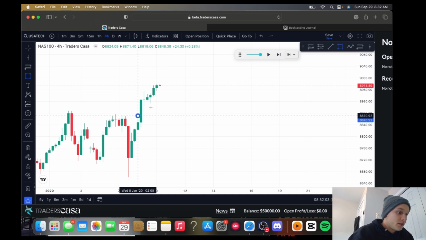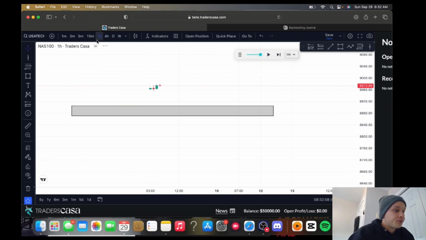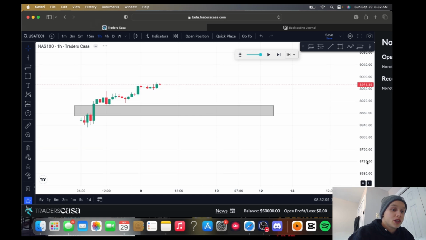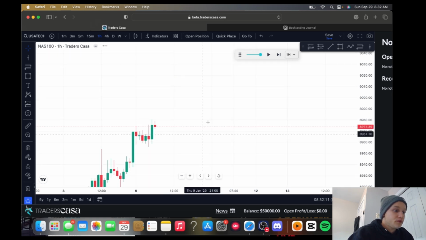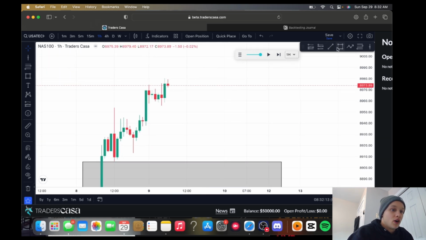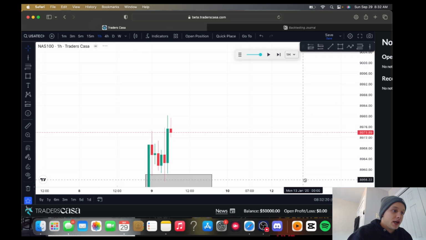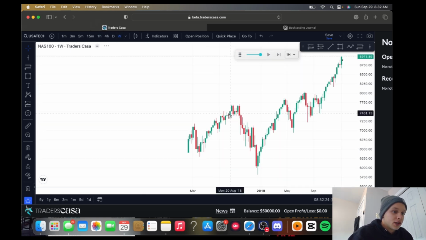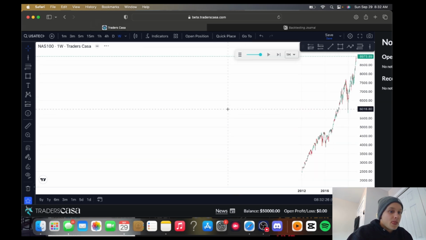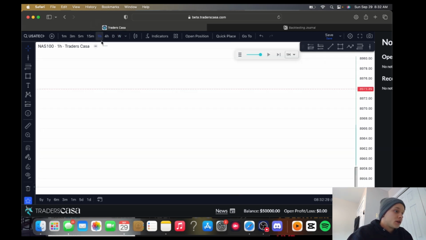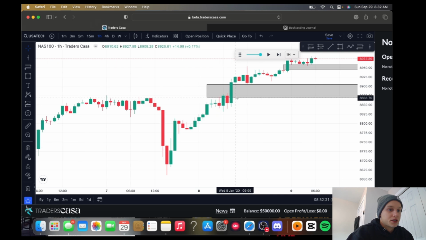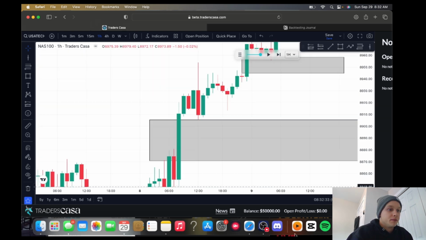So anyways, jumping down, we have this 4-hour unfilled fair value gap down here. Overall, we're fairly bullish. We are very bullish. We are respecting and reacting off of this 1-hour fair value gap right here, pushing up higher. I don't know, are we at all-time highs? That's a good question, because if we are, yeah, we're bullish. So since we're at all-time highs, we'll just be looking for a bullish setup.